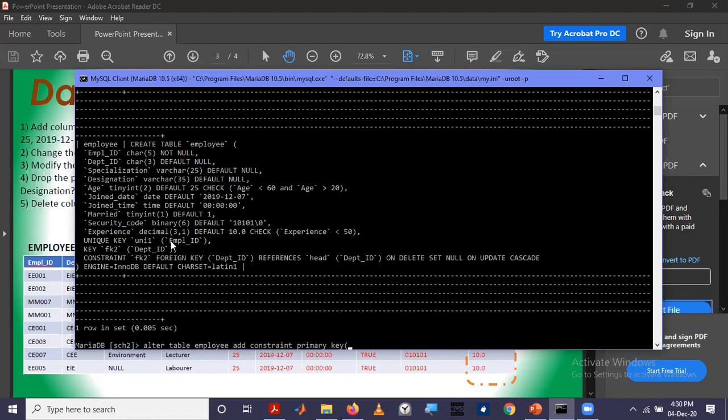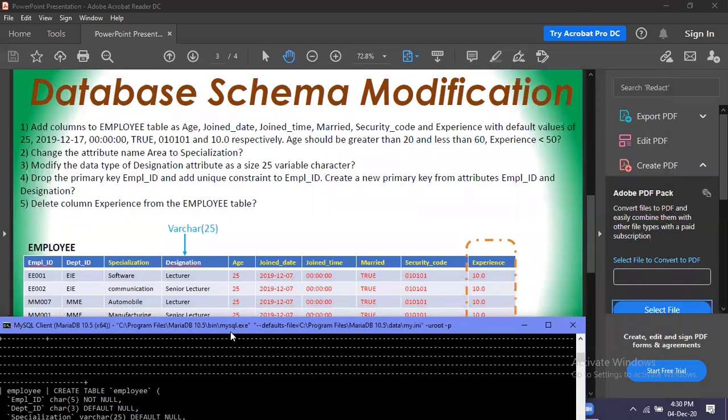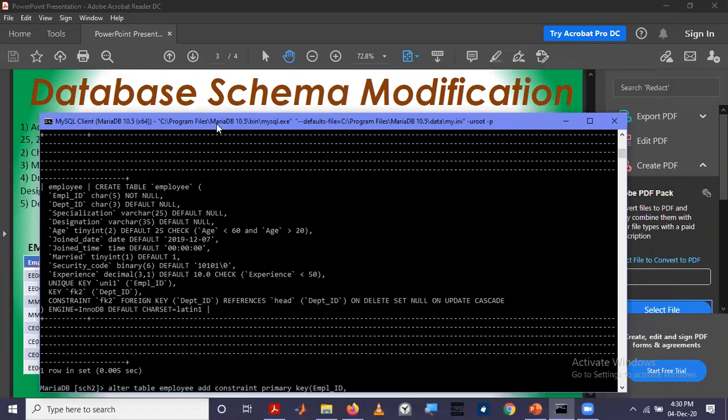So the super key is formed by this key declared with the unique key property, and then designation, which is a non-prime attribute, to form the super key.